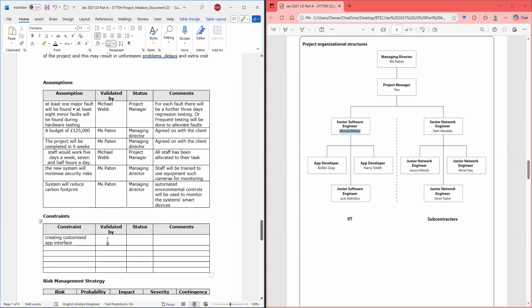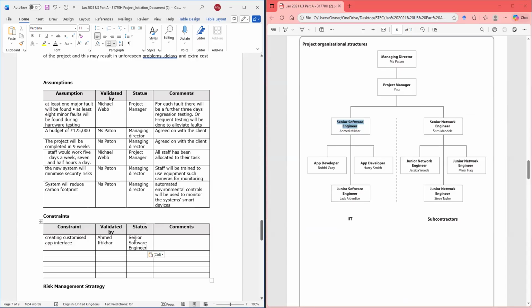All right, so we're going to put him there, and his status is senior software engineer. And what would be your comment? This would be a constraint, and we're going to think about what it would impact.